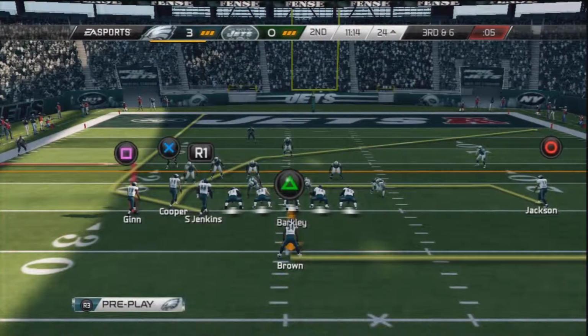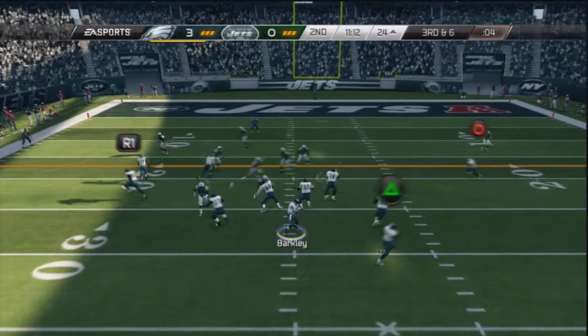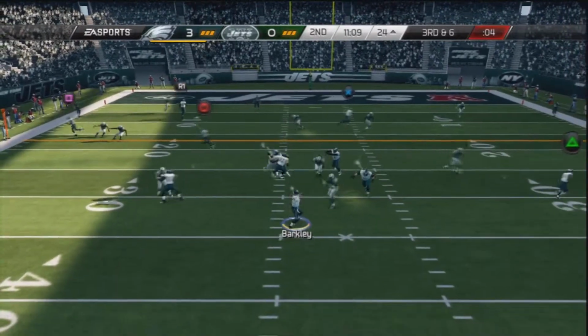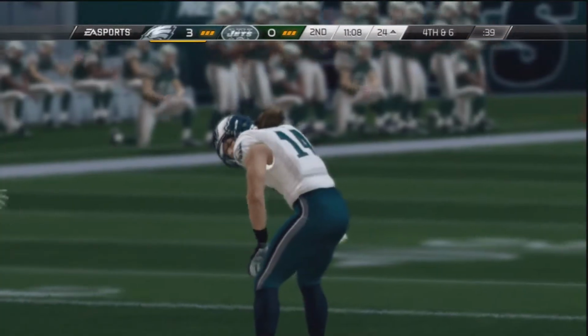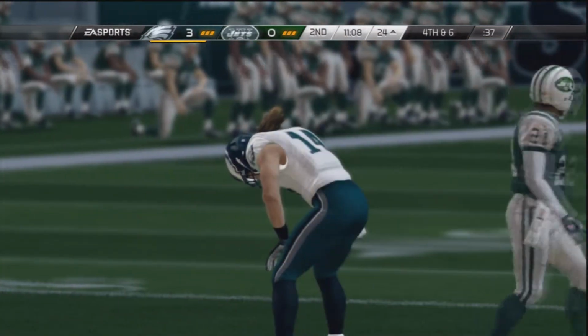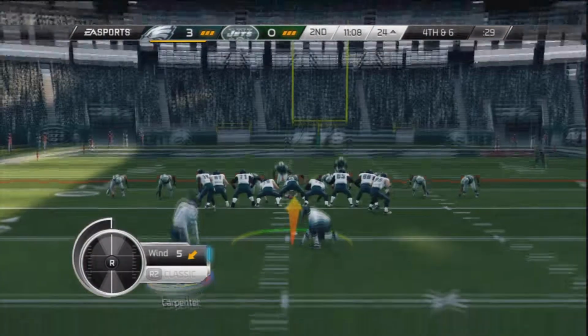10 rushes, 56 yards for Darius Raynaud. About a 5-yard gain on that play. Matt Barkley under center, dropping back. Matt Barkley is throwing, but it is tipped at the line. So 4th and 6 for the Eagles, and that would force Dan Carpenter to come back out for another field